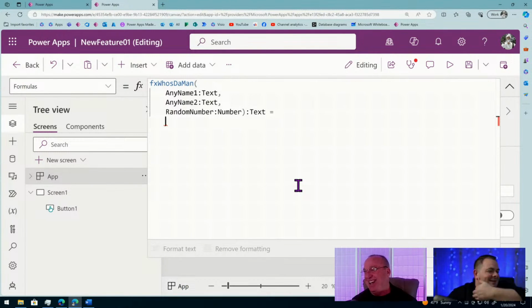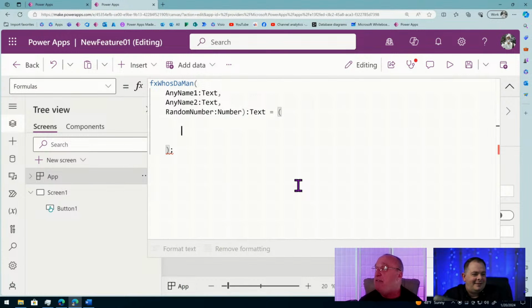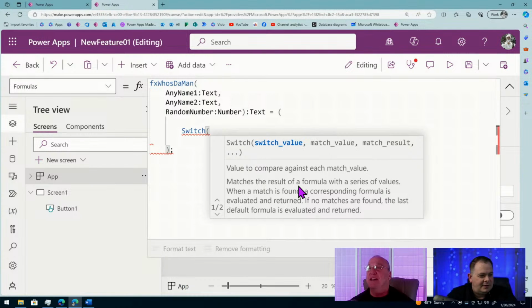All right, so how are we going to figure this out, Kurt? Should we do a switch statement or an if or a loop? What should we do here to figure out whose demand it is? I don't know what your rules are on this, but to me it's arbitrary. I like the idea of doing it in an if. But just for the syntax, because we don't use switch very often and we might do something different down the road with this function, let's try it with a switch. How would you do that with a switch, Darren? I'll do a switch.